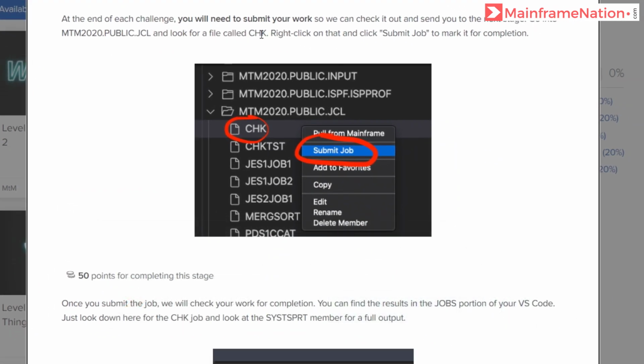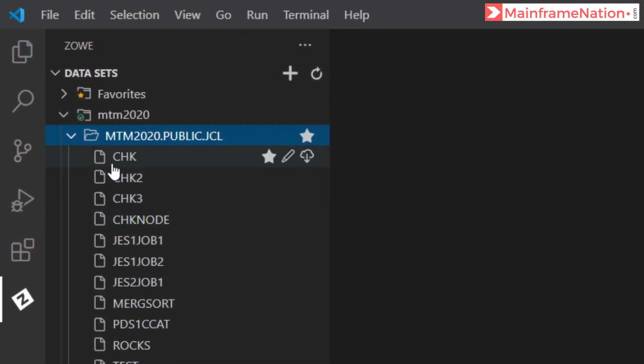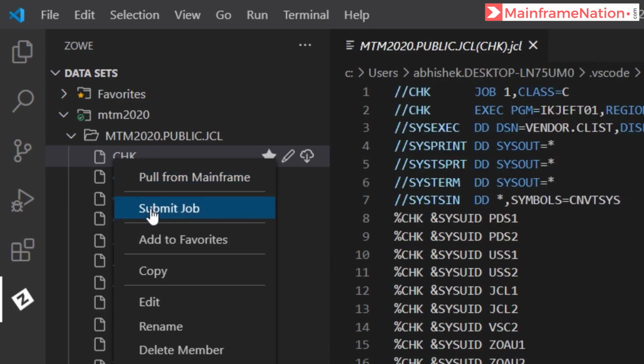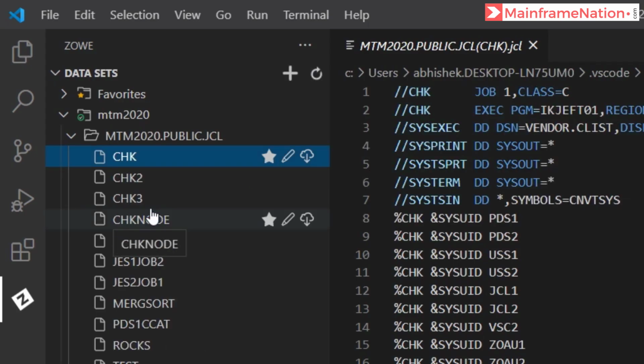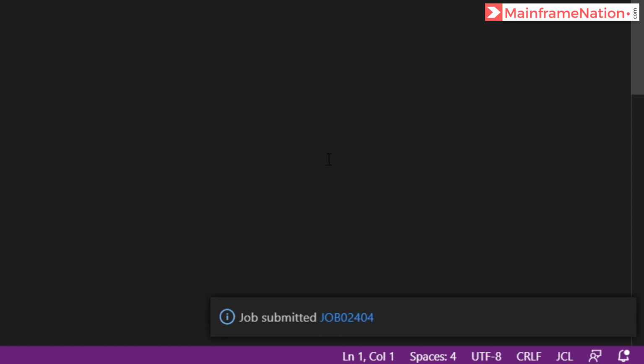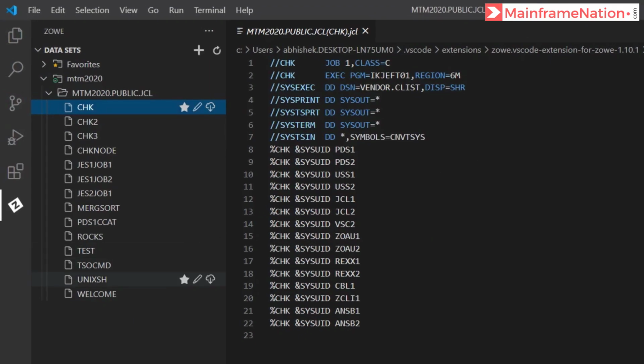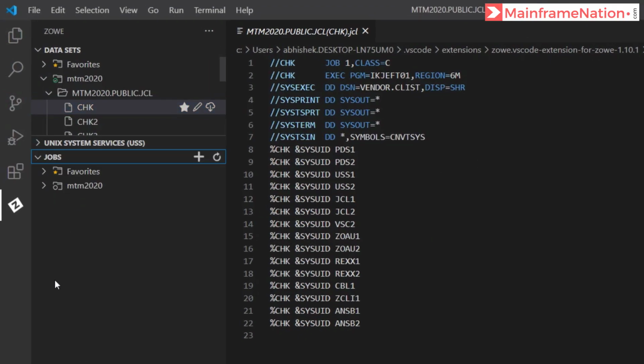Here is a file called chk. Right click on it and submit the job. So here is chk, right click, then submit. Job submitted. After that, go to jobs. So here is jobs, go there. Click on mtm 2020 and here is chk. So click on it